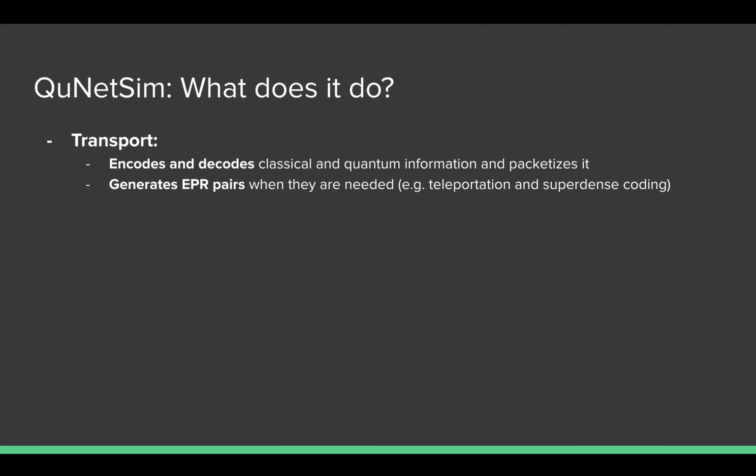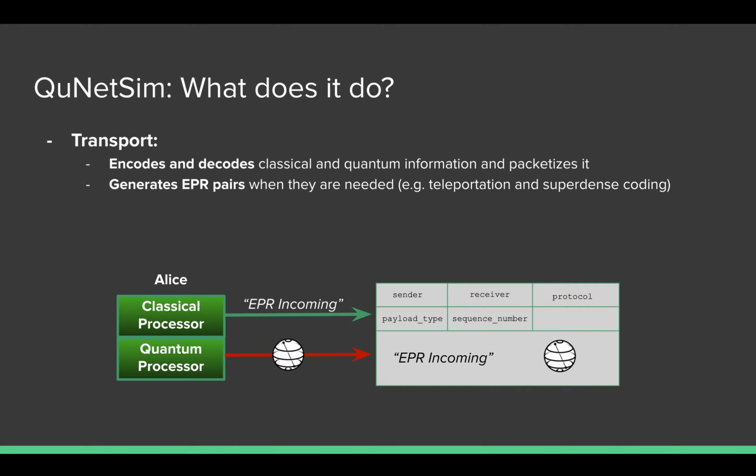The transport layer is also making sure that protocols that need entanglement to run have entanglement. This makes it a little easier for the user. For example, if they want to teleport a qubit, but they forgot to establish an EPR pair ahead of time, the transport layer will ensure that this EPR pair is generated so that there's no message that says, oh, you didn't establish the EPR pair, please try again. You don't have to deal with these kinds of small bugs. It just really makes it easier for users to run the protocols without dealing with all the small parts of creating protocols. It's more to keep things at a high level.